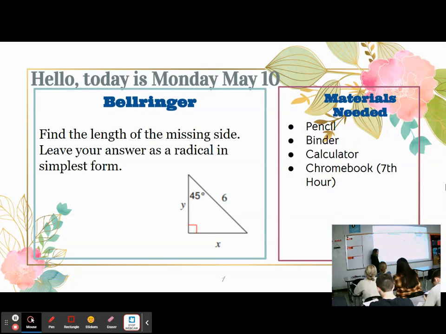Abby, tell us, do you agree or disagree? I disagree. How come? Well, I think instead of putting it in the calculator, you work it out to where it's 6 divided by the square root of 2, but you can't have the square root of 2 in the denominator, so you have to multiply itself by the square root of 2, and so you get 6 times the square root of 2 over 2,